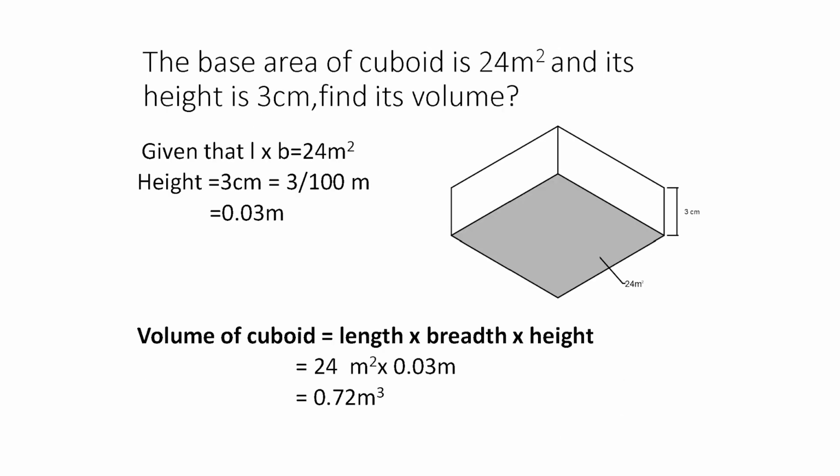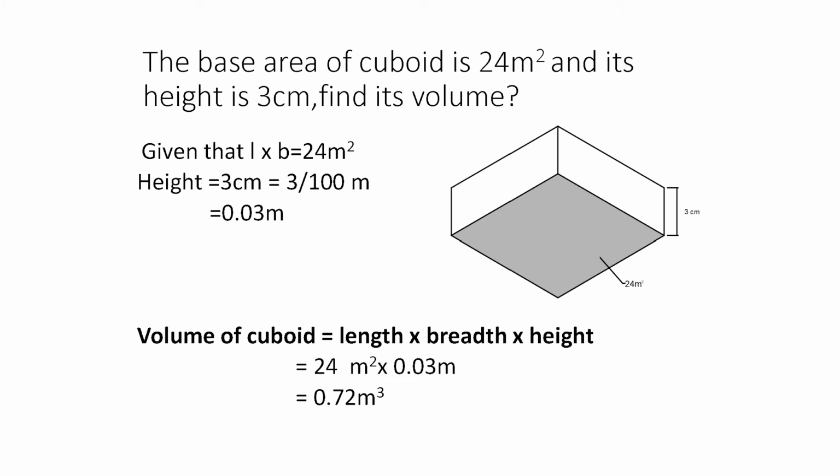Now, if you observe this figure, the base area of cuboid is given as 24 meters square and its height is given as 3 cm. Find its volume. Now, if you see students, both the dimensions are given in different units. One is meter square and second one is centimeter. Therefore, I express height which is 3 cm in terms of meter. Therefore, height is equal to 0.03 meters. Therefore, volume of cuboid is equal to length multiplied by breadth multiplied by height, which is equal to,